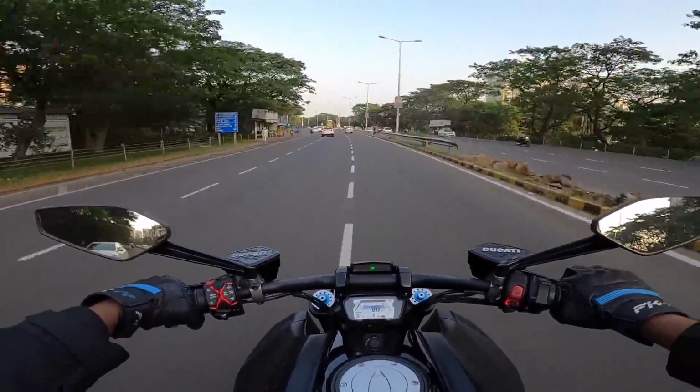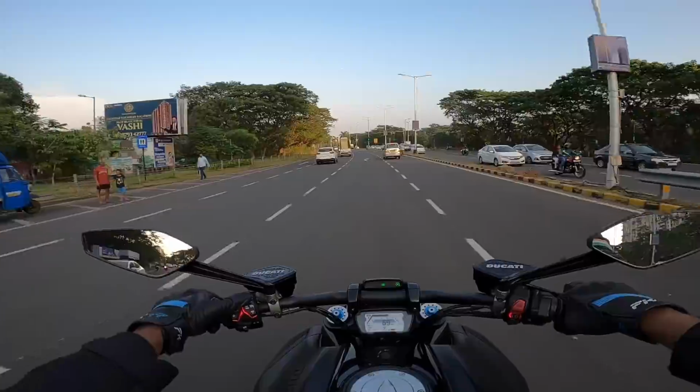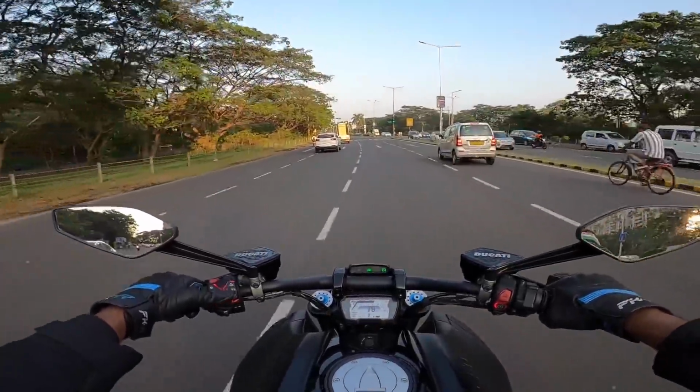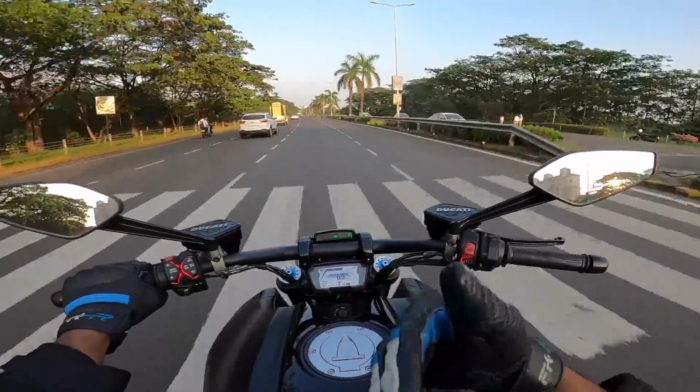That's how well it has been done. Wow, Ducati, you have really impressed me. So we're going to do one thing. We are going to turn on cruise control. Here I have turned on cruise control. I'm going to set the speed at, say, 70 kilometers per hour, and then okay, throttle not needed, easily cruising